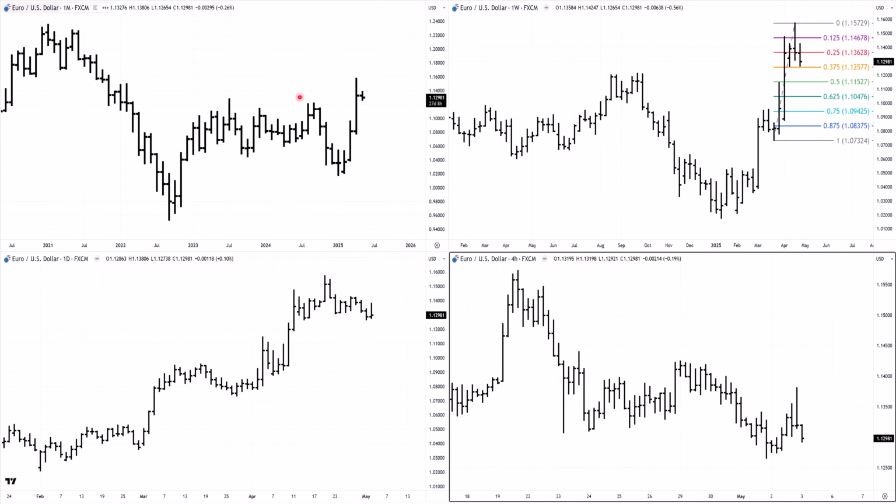We cleaned out a bunch of old tops. This is going back to 2023, so about 2 years back there. We've cleaned out those tops, and obviously it's come back a little bit at the end of April. Friday's close, which was Friday the 2nd of May, is closing just above that old top there.